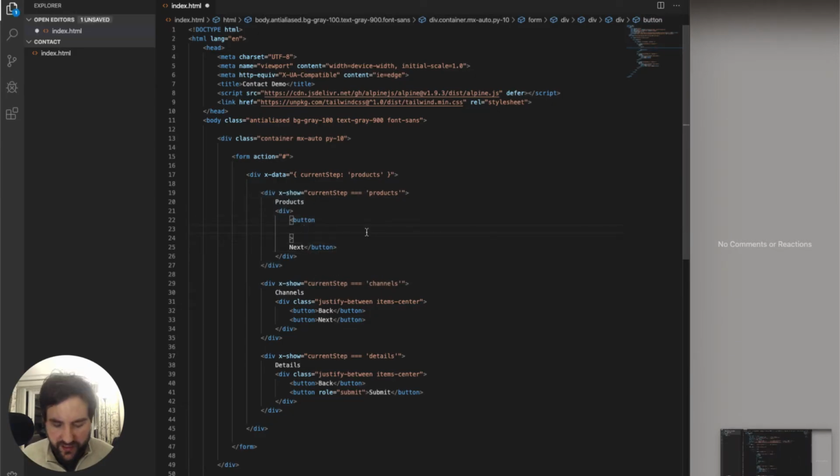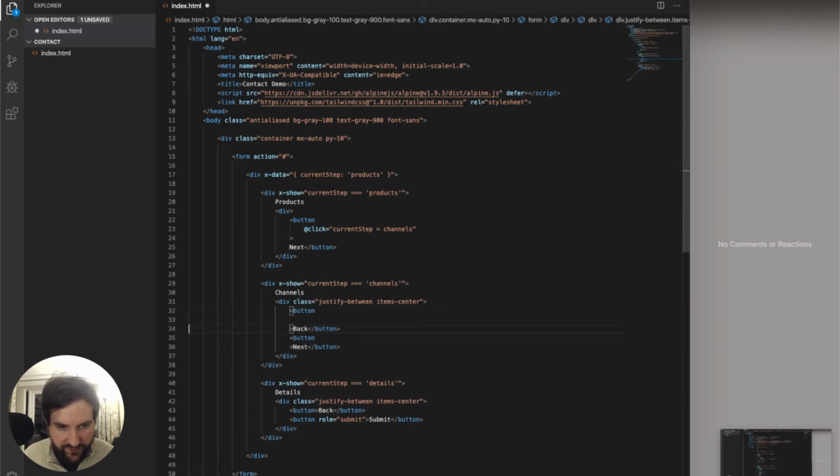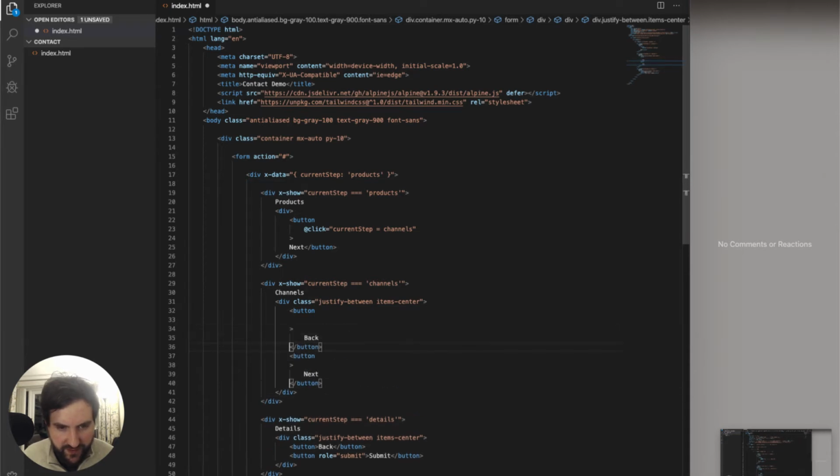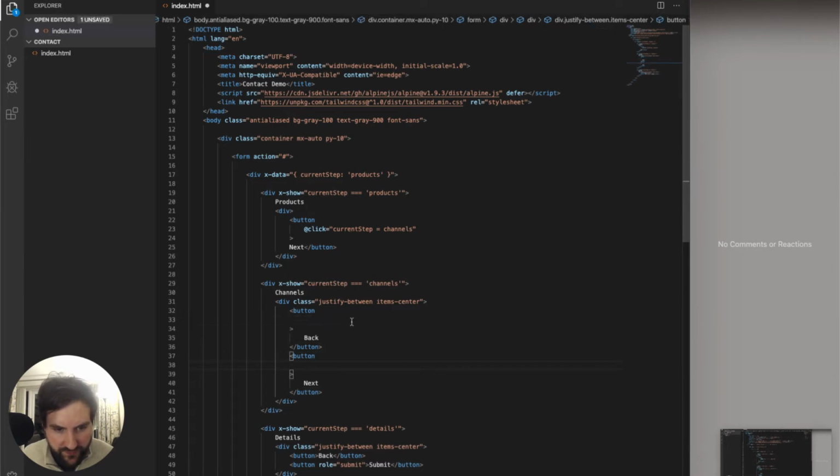So what we're going to do is say on click, we want current step to equal channels, and in the same vein, we're going to push these down and just format this a little bit to make it a bit nicer to read once we start working on this. That and that, and we'll do click equals current step equals,